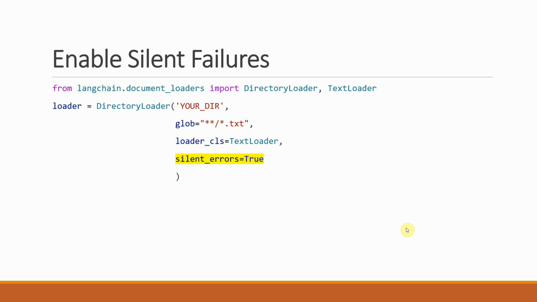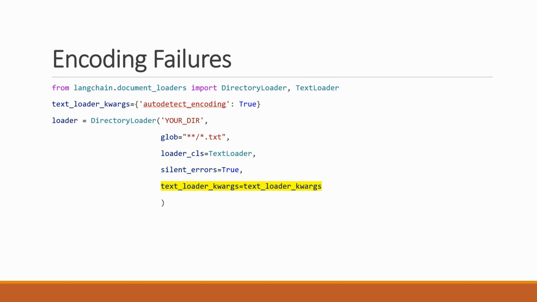The next important parameter I can show you is, let's say you have files of different types or different encodings. If the encoding is the same, then you can definitely go ahead and say, okay, this is UTF-8 or whatever encoding. But let's say you are not sure what type of encoding it is, or you have different kinds of encoding in your files, then you can simply use the parameter loader_kwargs, and in this you can set autodetect_encoding to True. Whenever you pass this parameter, it will automatically detect the encoding of your input file and things will work out very